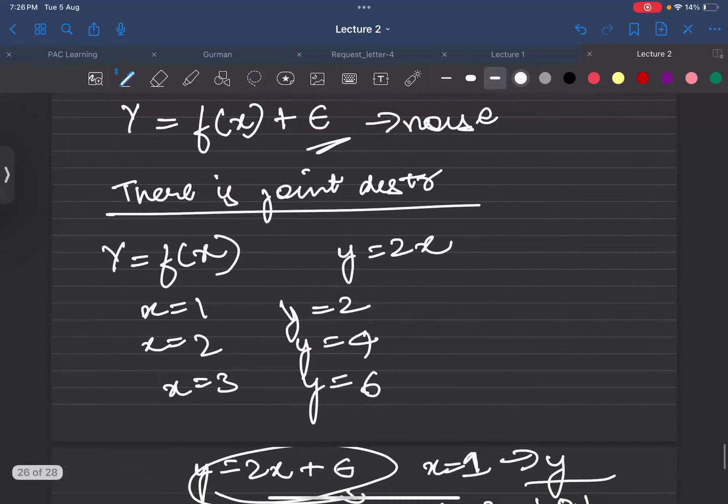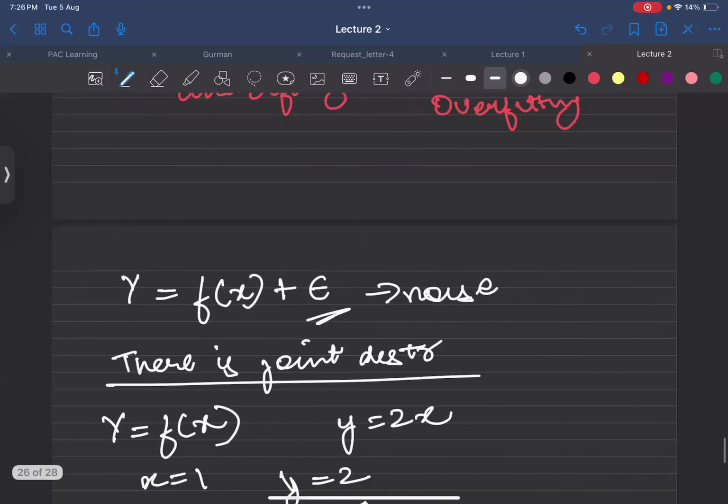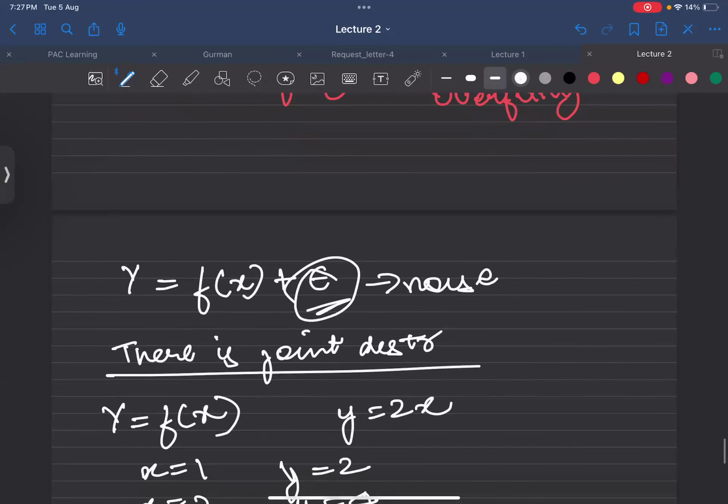Okay, y is equal to f(x) plus epsilon. We are taking some noise here, and it has some joint distribution. We understood that the mean would be 0, but the variance would be sigma square. But why would the variance be sigma square? Is it necessary that if the expectation is 0, then the variance shouldn't be something? I understood that the average of all errors is 0. That's what you want to say by the expectation being 0.